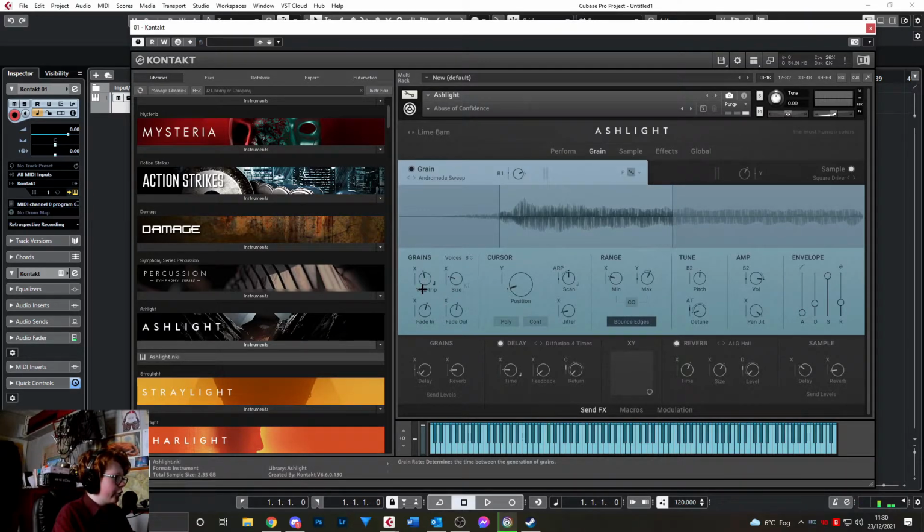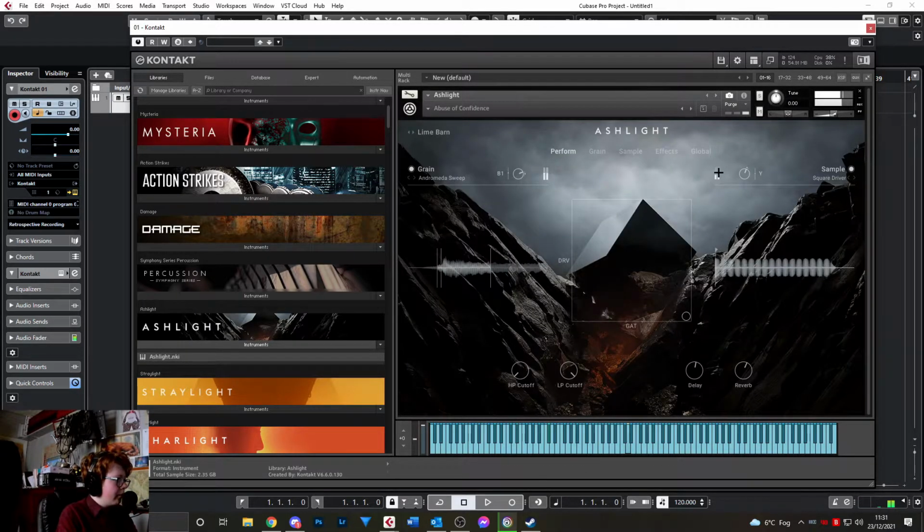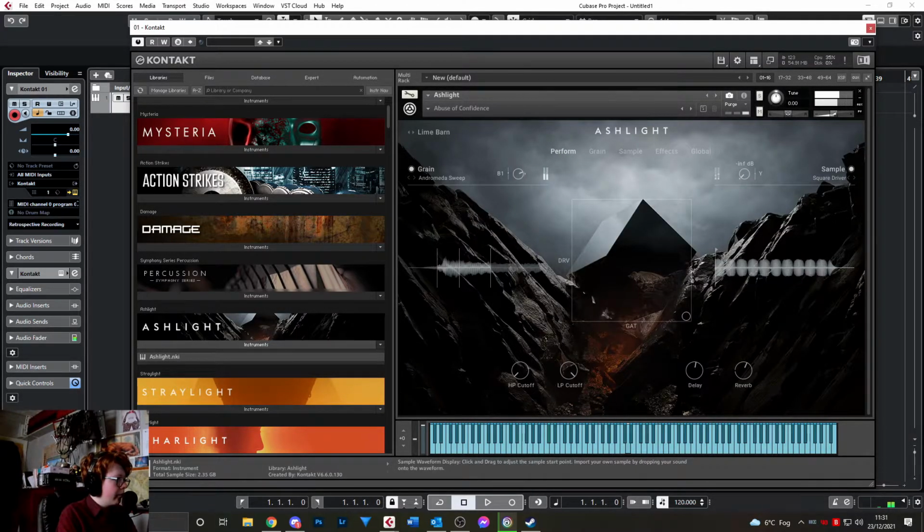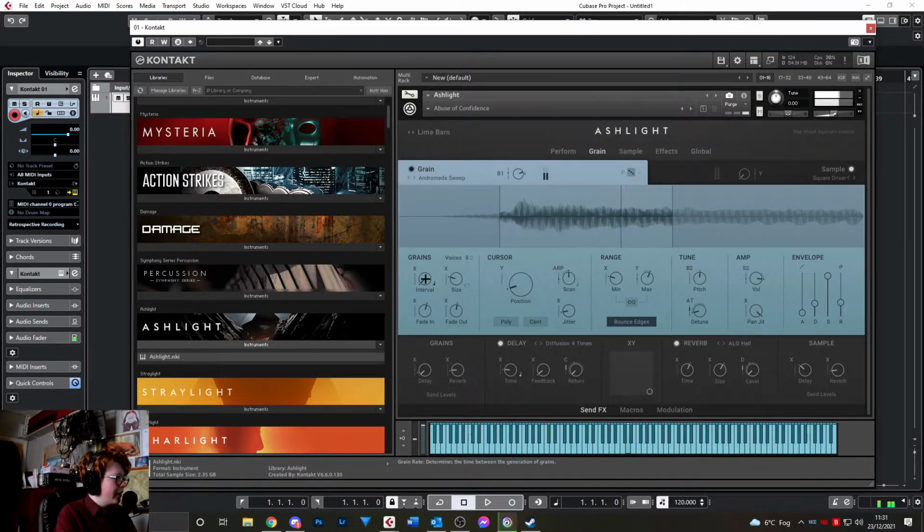Go into here and change the grain size. When you're working with granular synthesis, basically what is happening is you're getting a recording and then you're zooming in, you're getting just a little slice of it, and then you're turning that into a synthesized sound. So as I change the interval here, I'm going to have it so it's only the grain that's turned up now. As you see, if I move the interval size here,